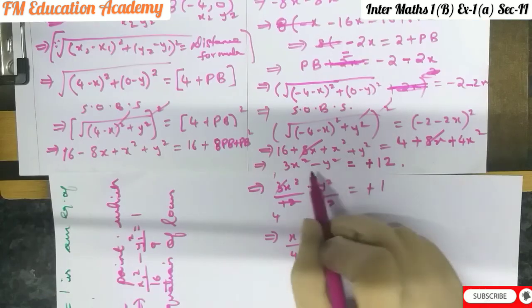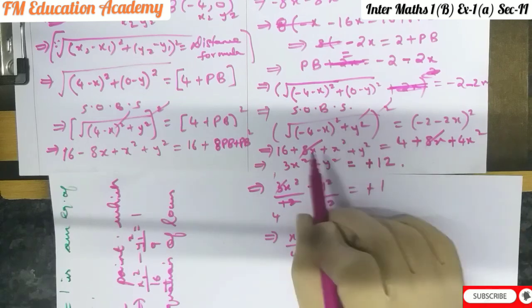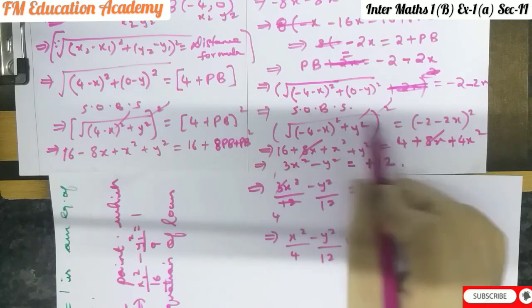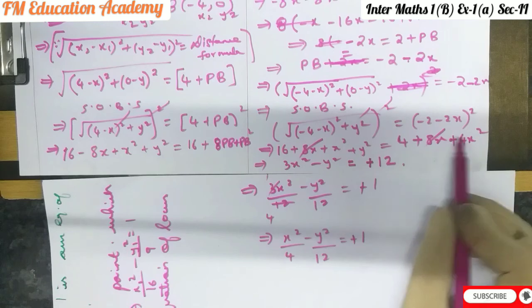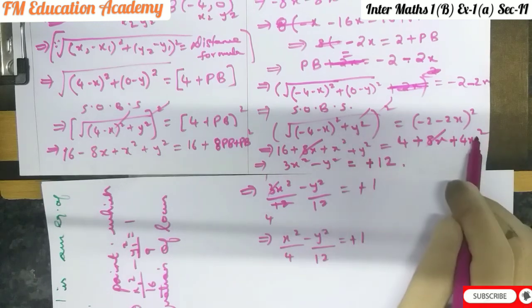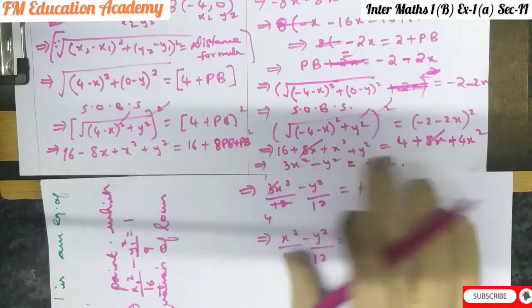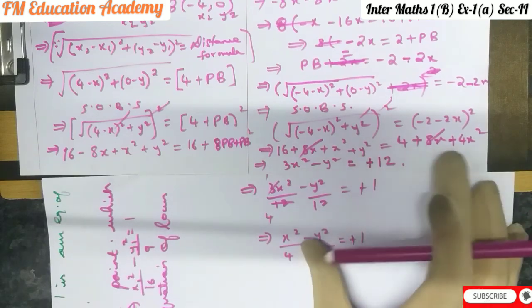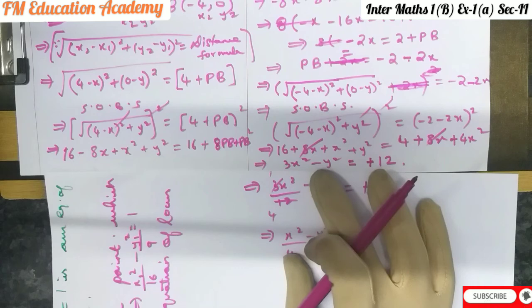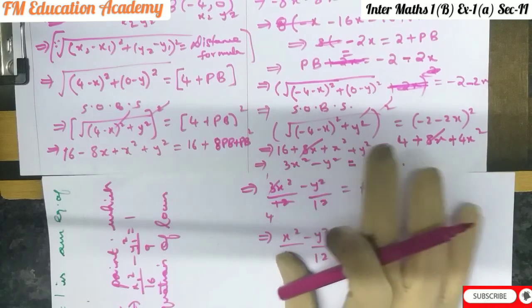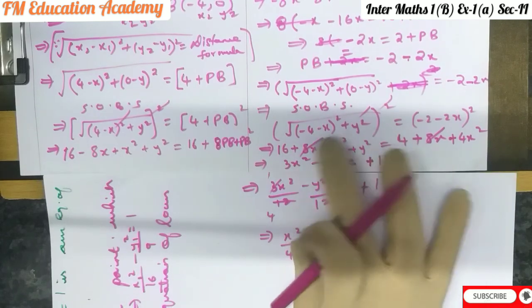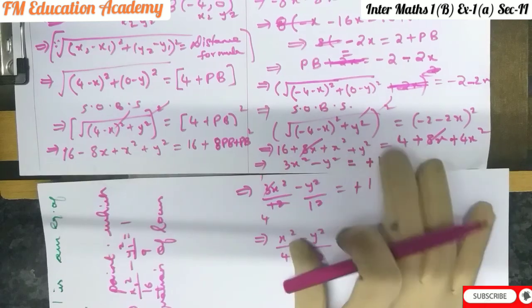What we'll do is, we are taking all these terms on RHS, right? So that is why plus 4 as it is. This plus 4 will take that side, because x square and y square we took that side. 4x square was as it is, and plus x square if it goes that side, it becomes minus x square. So it becomes 3x square. Similarly here we have plus y square, if it goes that side becomes minus y square. So 16 is on LHS and this plus 4 will take on that side. So plus 4 when it goes that side becomes minus 4. 16 minus 4 is 12.